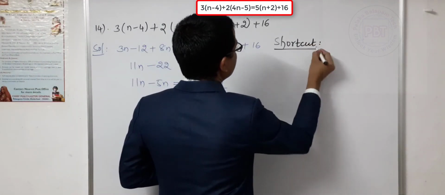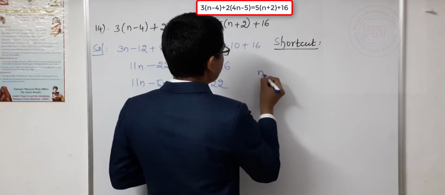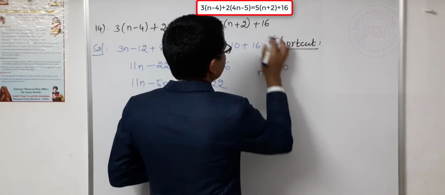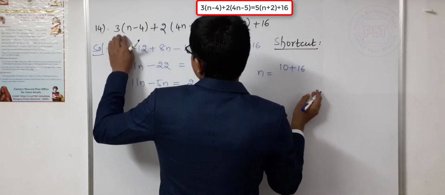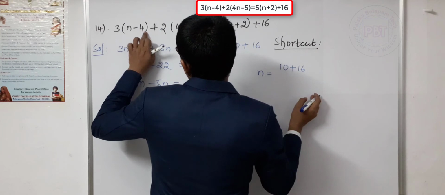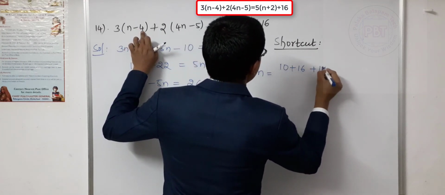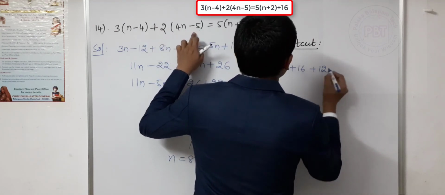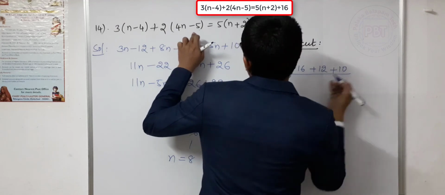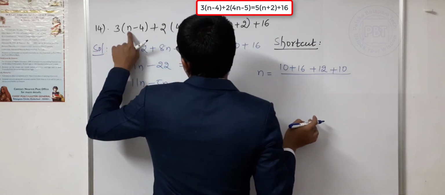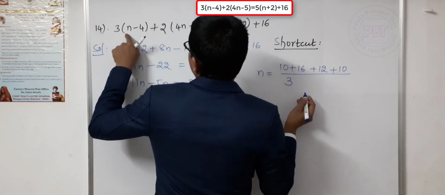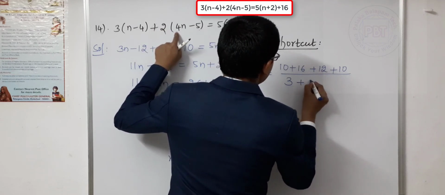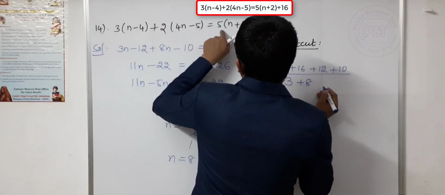Now let us see the shortcut method for this question. The variable is n here. N equal to constants I am writing. 5 2s are 10, plus 10 plus 16, and this side 3 into 4. 3 4s are 12, minus 12 becomes plus 12. Now here plus into minus is minus, 2 5s are 10, minus 10 becomes plus 10, by, now write the quotients of the variables. 3 into n is 3n, so plus 3. Here 2 4s are 8, plus into plus is plus 8, and here 5 into n is 5n, plus 5n